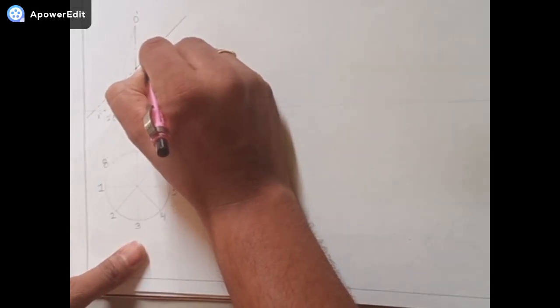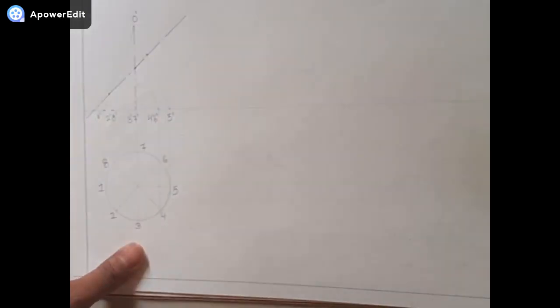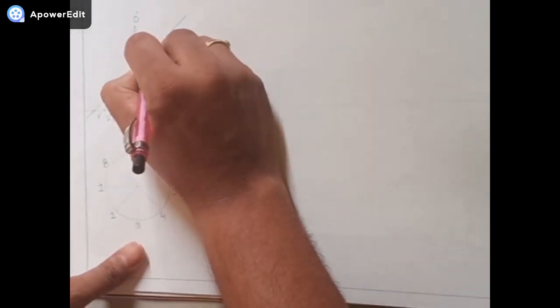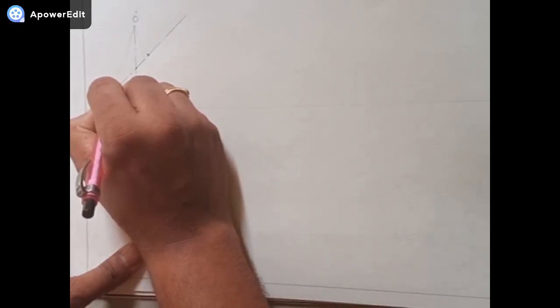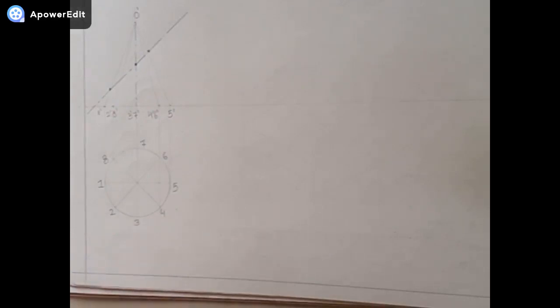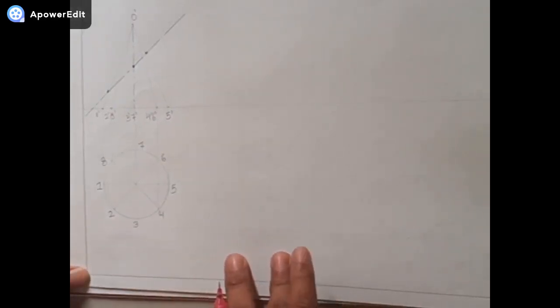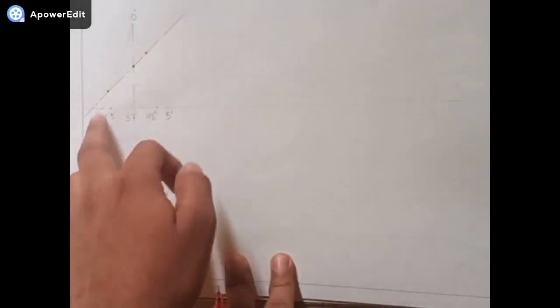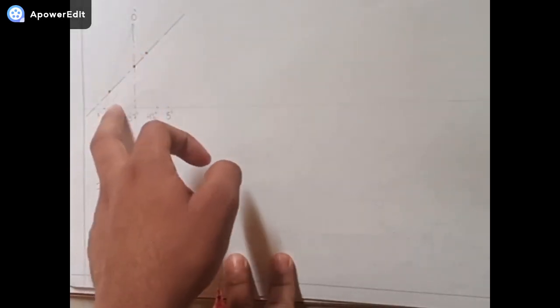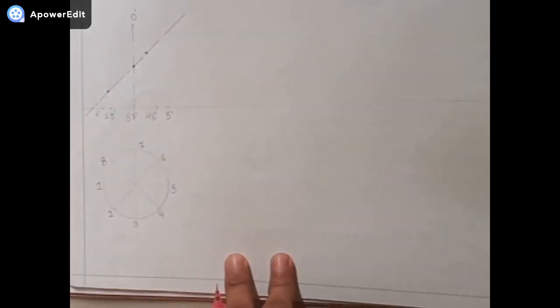Suppose this is one point, this is the another point. I'll make it a little bit bigger. This is the one point, this is the another point, and this is the point from the base, that is 30 mm. The 3 points are there as I have shown. What you are supposed to do is, the cutting plane will pass through both the end generators, correct? So you have to take your scale and adjust it in such a way that between both the end generators, the distance should be equal to 40 mm.